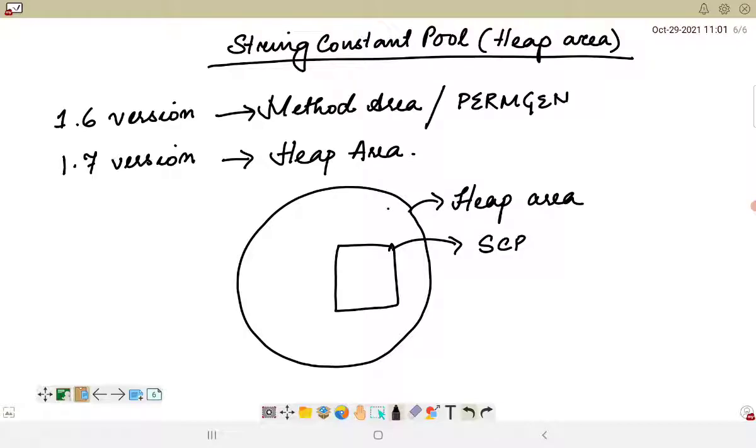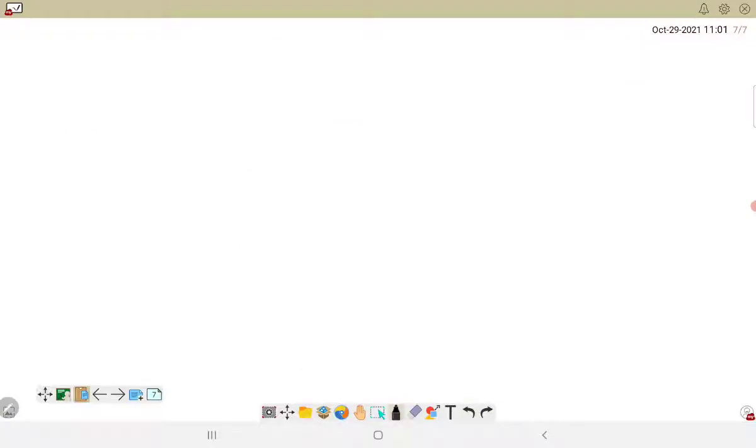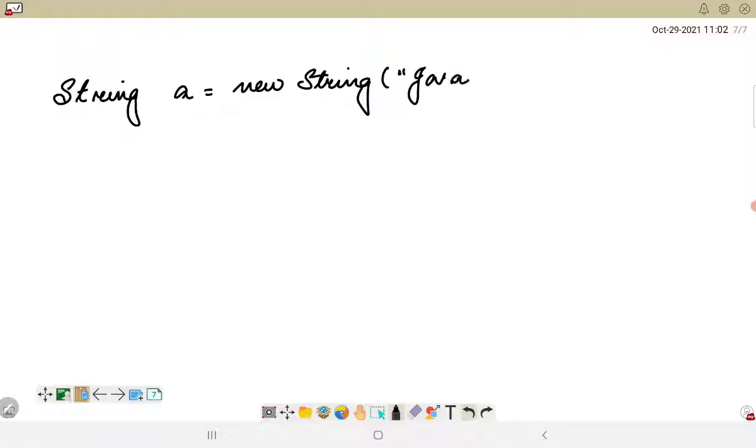So let's say I'm creating a string object. I'll write it down here: String a = new String, and let me define a literal here with the value Java.